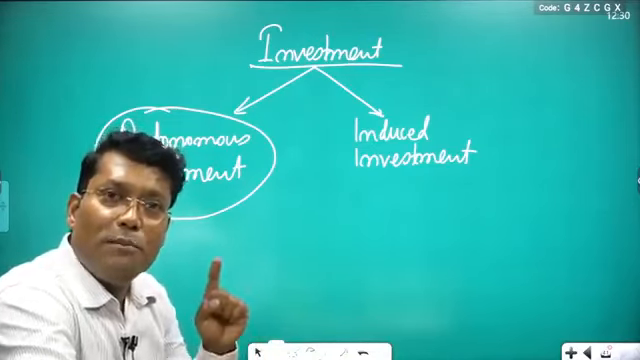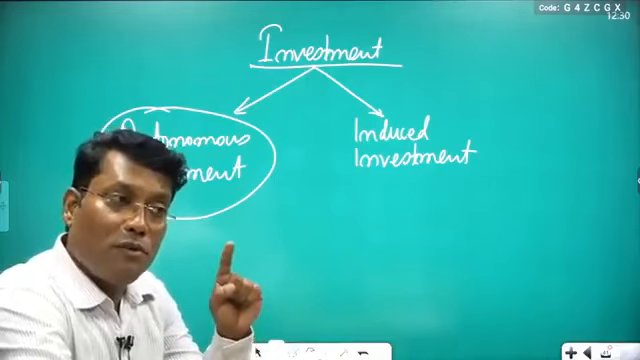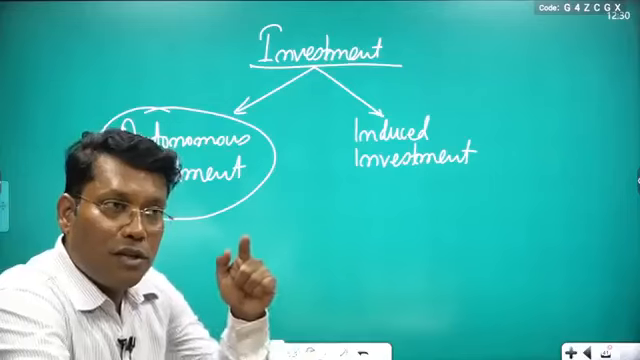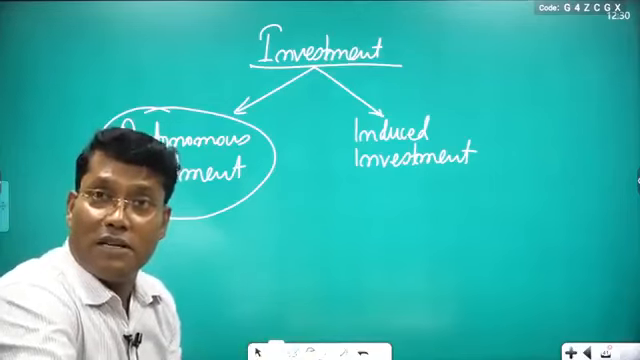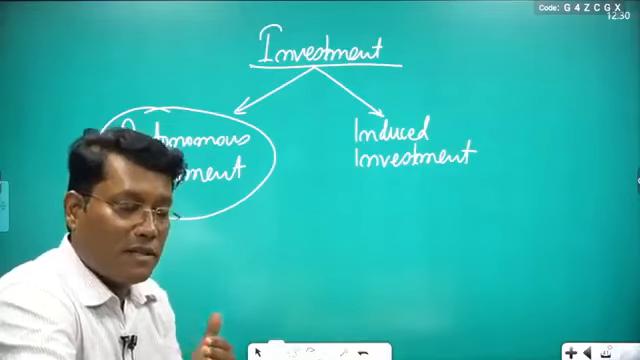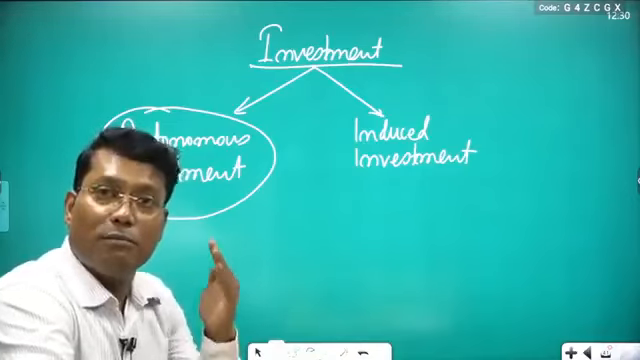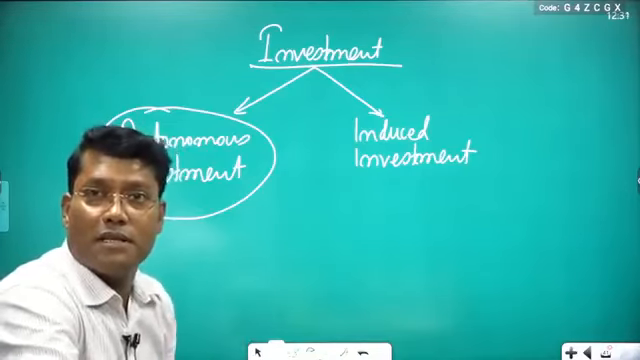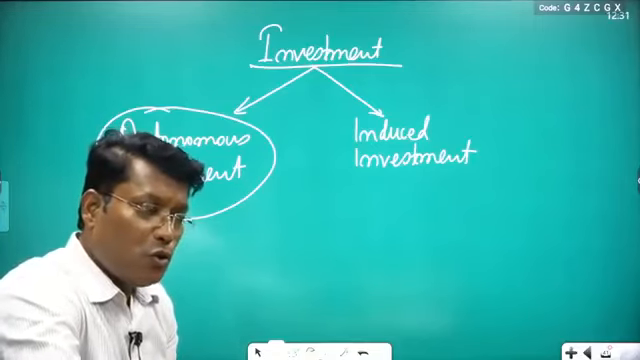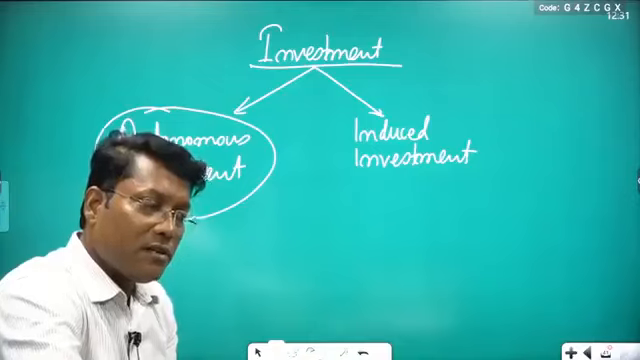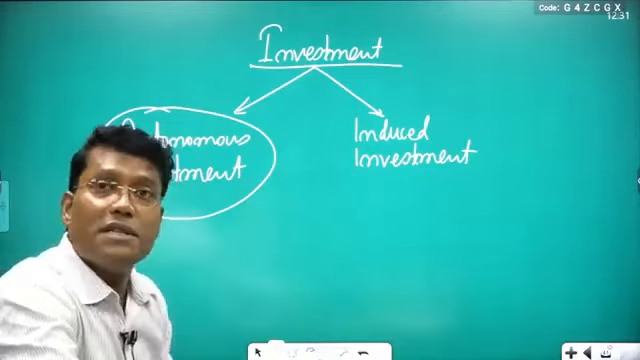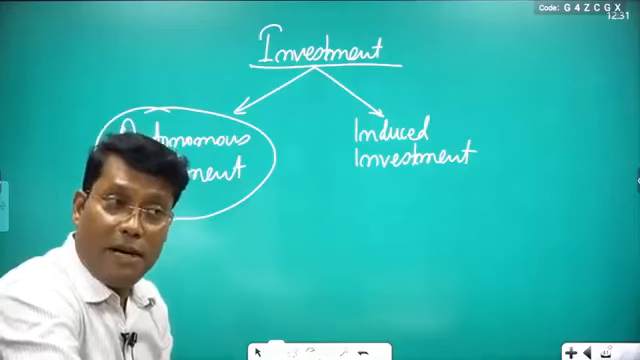See, government motive is not profit, government motive is welfare maximization. At any cost, they want their economy to grow and develop faster. But the private sector investors, they are only concerned about the profit where they are investing. Clear? So the private investors' investment is known as induced investment, because it depends on what the rate of interest